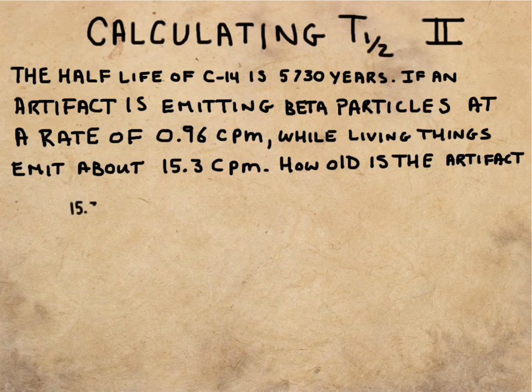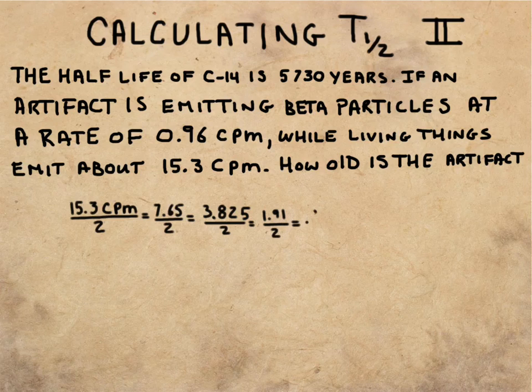Well, if not a lot of half-lives have gone by, you can try a simplistic method here of just simply dividing by 2. So we know when this thing was alive, it was emitting at about 15.3 counts per minute. If we divide that by 2, you get about 7.65. And the rate that we're given here is less than that, so we divide by 2 again and again and again. And finally we get down to the range that we're told that this artifact is emitting at, about 0.956